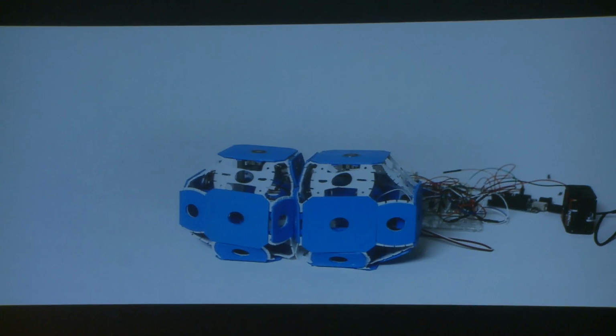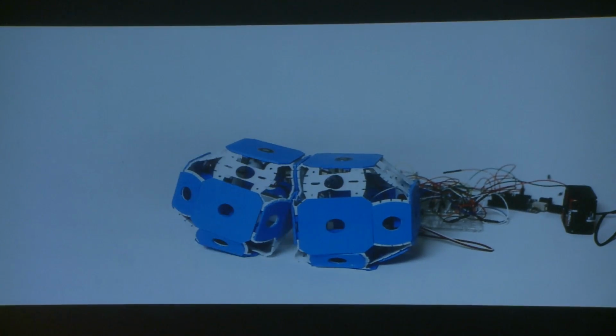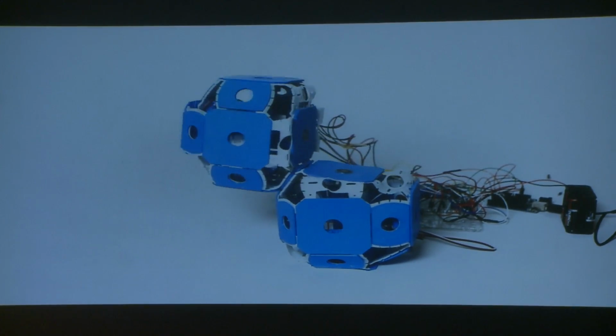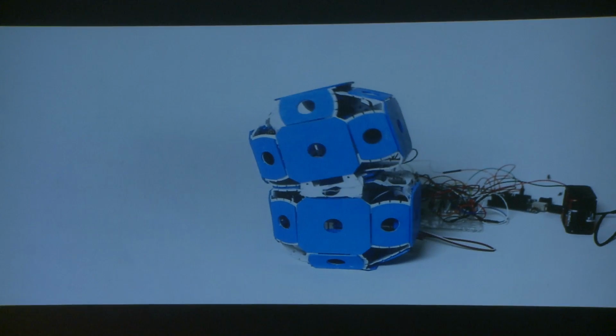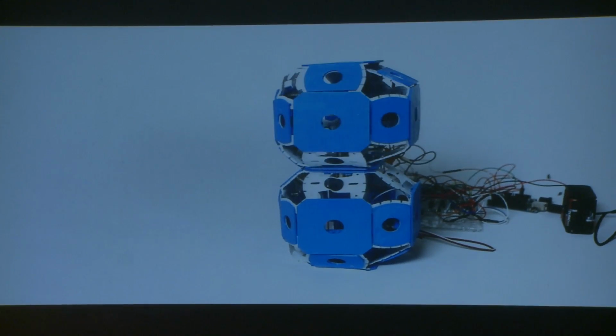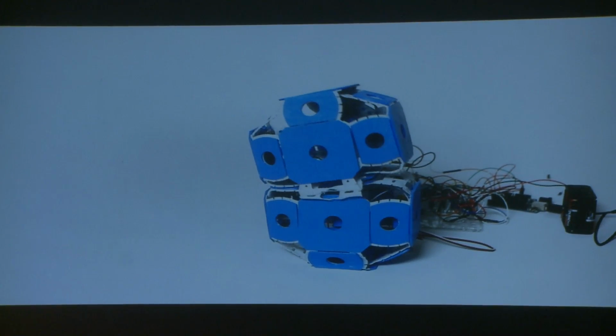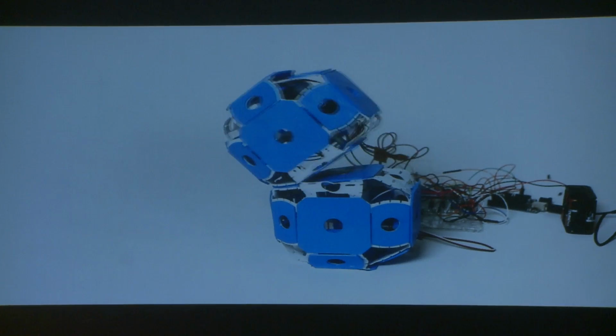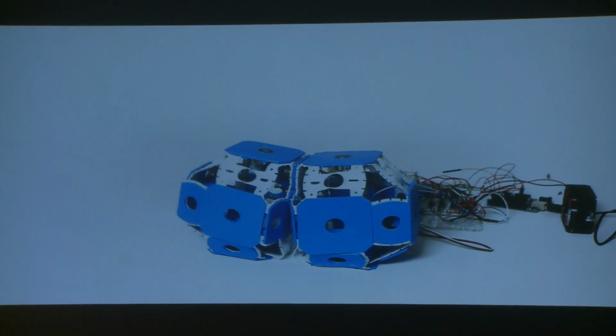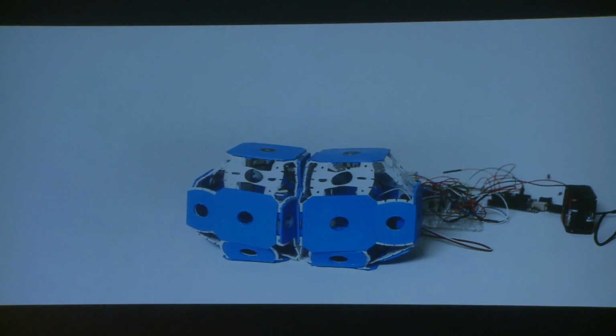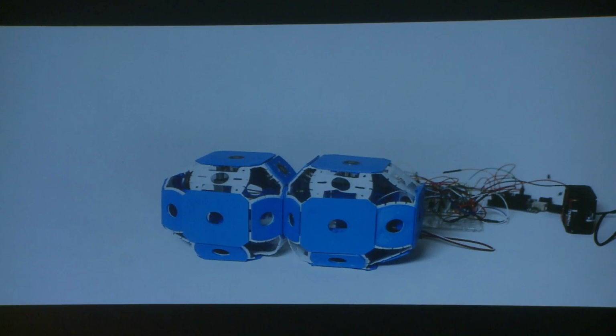This is our first climbing model using face-to-face connections with electromagnets, and through simultaneous actions they are able to climb one on top of the other one. The limitation of this prototype is that all the electronic system was outside of the prototype itself.